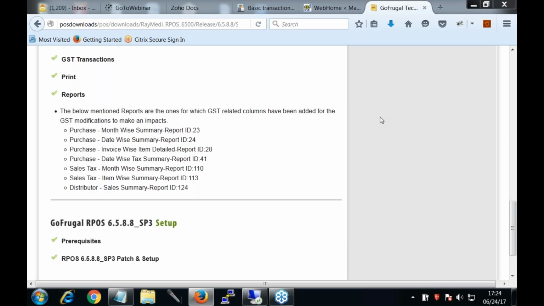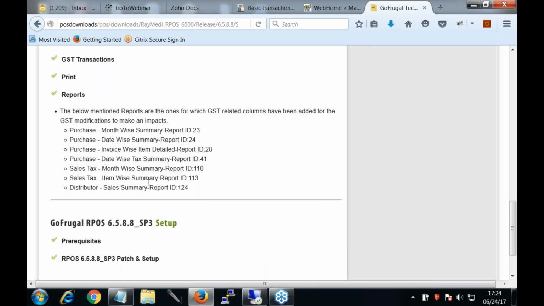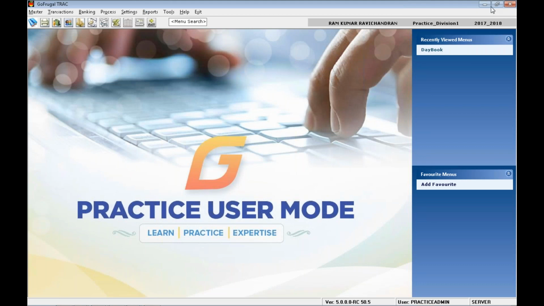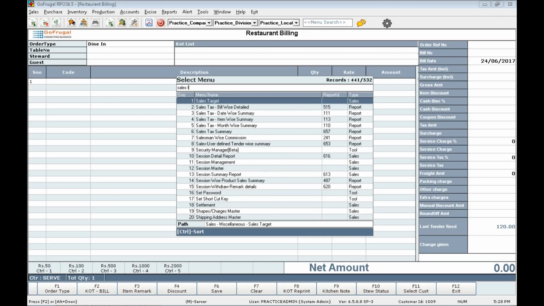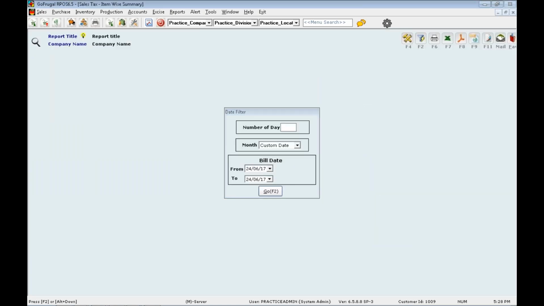Let me show you one sample report. Let us show you the sales tax itemized summary. Go to search and open the report, Sales tax itemized summary.